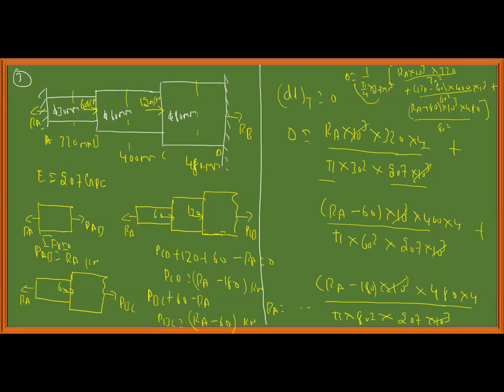There is less than 1 minute remaining. I will give the answer. Verify yourself, RA comes around 37.23 kilonewton. What you have assumed, RA as 37.23 kilonewton, let us take it is acting in the other sense. Summation of forces in the x direction is equal to 0. It is acting in the negative x direction, so minus 37.23 plus 60 plus 120 plus